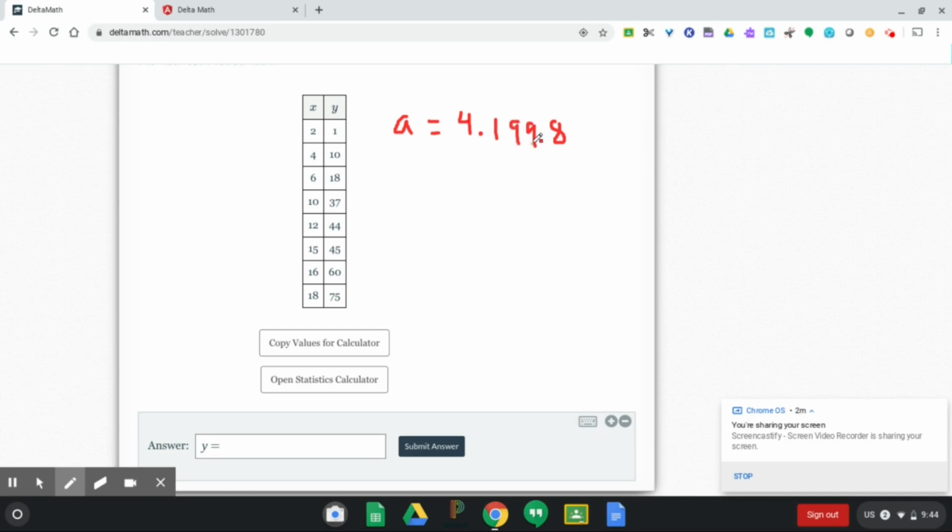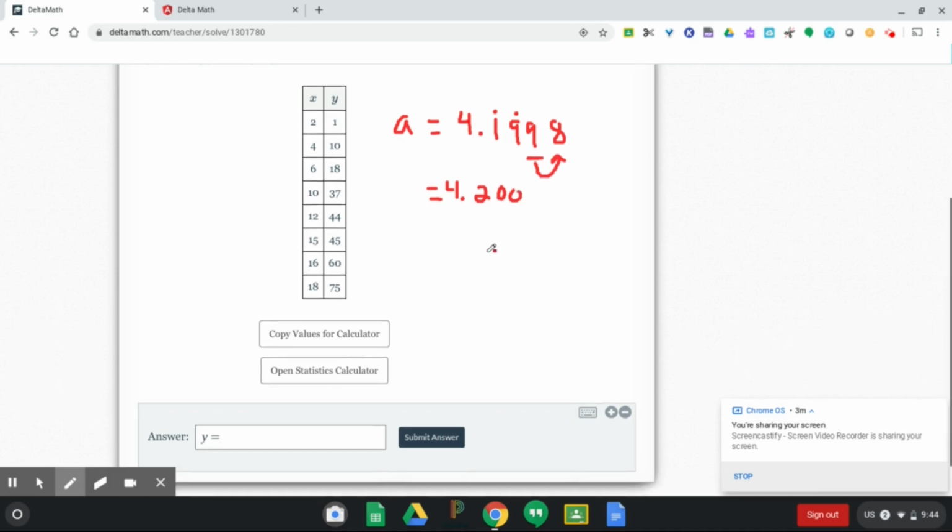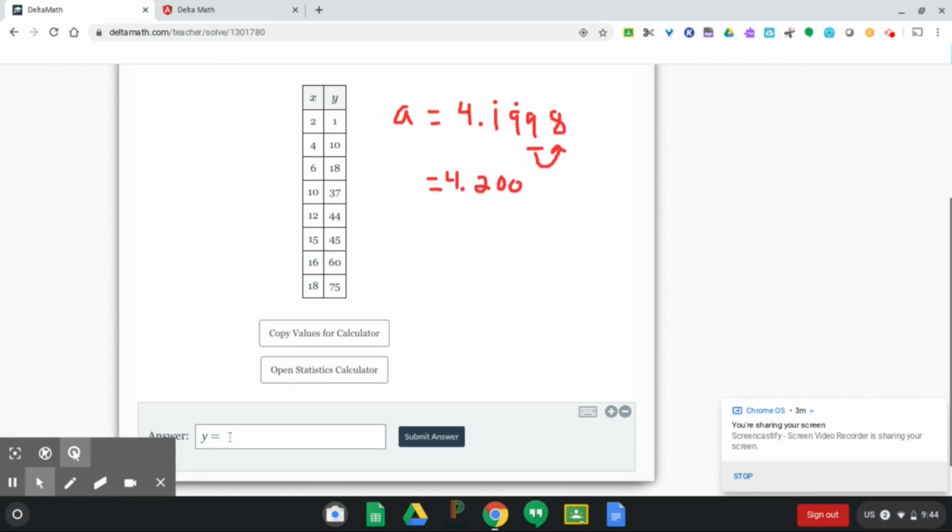Tenths, hundredths, thousandths. So here is what I'm rounding to. I'm checking the 8. Does the 8 bump this up? It does. Okay, so this now goes to 10, which bumps this up to 10, which bumps this up to 2. So A is 4.2, and just for place value purposes, I'm going to put 4.200. So A is 4.200 x, x always stays as is, and b